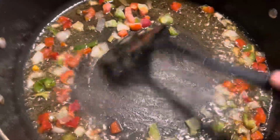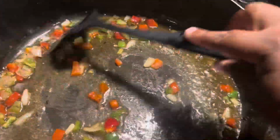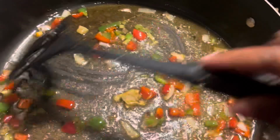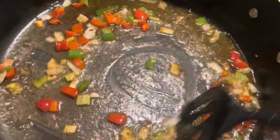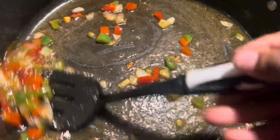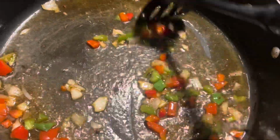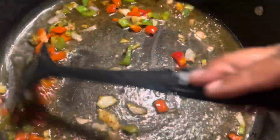So, for that oil, I took out half of that oil, but I kept a little bit. I'm going to keep it for my sauce. So, this is just bell pepper, onion, and I'm just flavoring that little oil. I'm going to pull some of this oil off. I'm not going to keep it all, y'all. It's just oil from the sausages. But I'm not going to keep this oil. I'm just flavoring my